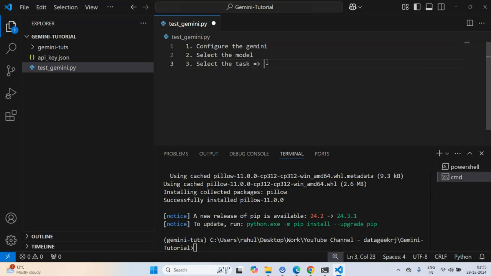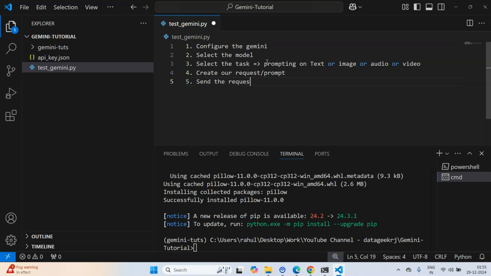Once we select the model, we have to select the task. And in the task selection, we want to know beforehand whether we want to do text prompting, image prompting, or I should rather write it as prompting on text, image, text or image, or audio, or video. Now finally, we have to create our request or create our prompt, and finally send the request. So the fifth step is send the request.